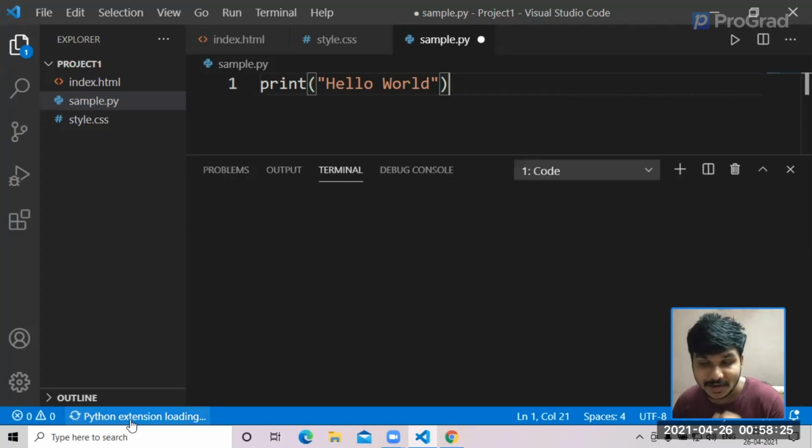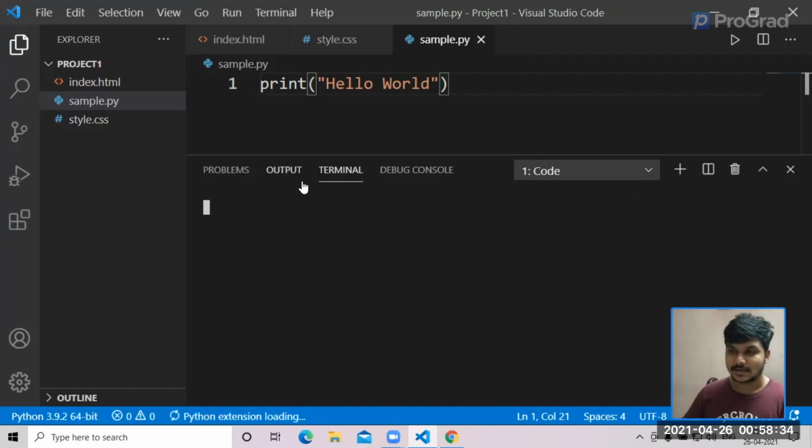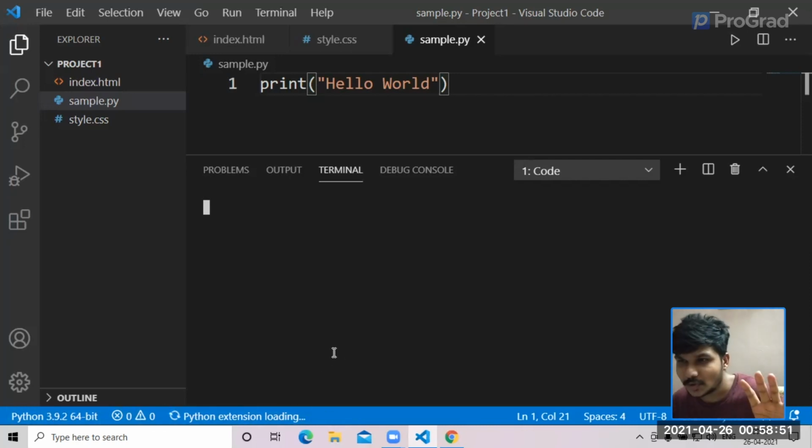Okay, it says Python extension is loading, and you would be able to see the output in the meanwhile. Okay, so we have got the terminal. This is where your output or your code will be executed, and it is still saying Python extension is loading. So let's wait. Meanwhile, whenever you navigate to a new file, just notice here, this panel says whatever you are doing in Visual Studio Code, you can see it in the below panel, which is marked in blue color.